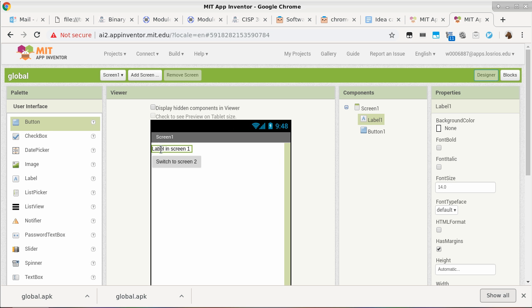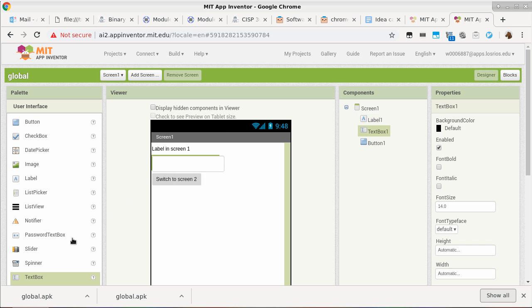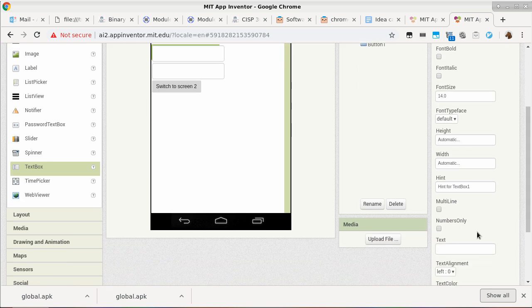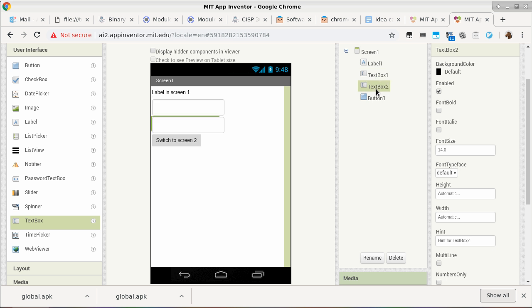things. The first thing is, I don't think I need label 1, but we'll keep it there for a little bit. But we'll need 2 text boxes. So we'll get one text box here, one text box here to collect 2 numbers that I'm going to add, okay? Because these 2 are for sure going to be numbers, I can now specify numerical only. So numbers only, there we go. And specify the same thing for the second text box.